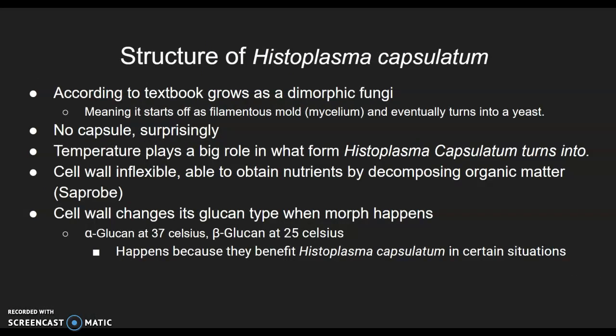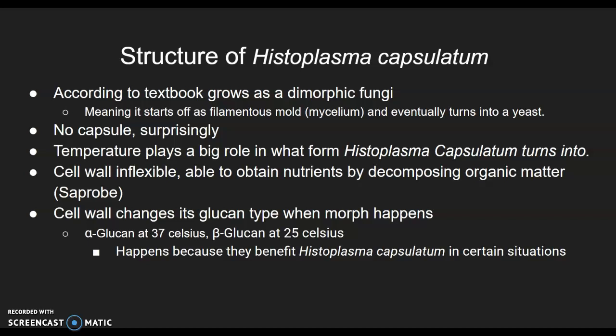The structure of Histoplasma capsulatum is also complicated. It grows as a dimorphic fungus, starts off as a filamentous mold, aka a mycelium, and eventually turns into a yeast. Despite the name, there's no capsule when it enters the host. Temperature plays a big role in what form Histoplasma capsulatum turns into, and like any fungus, it adheres to the